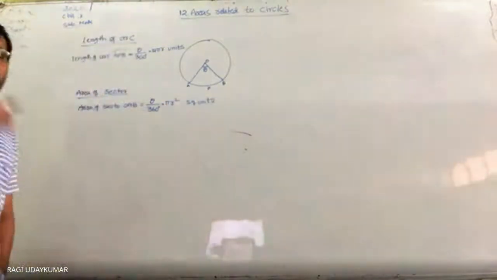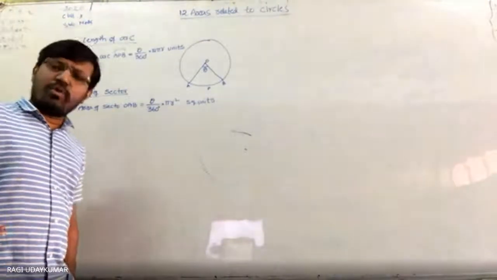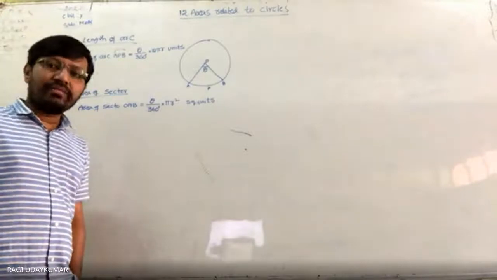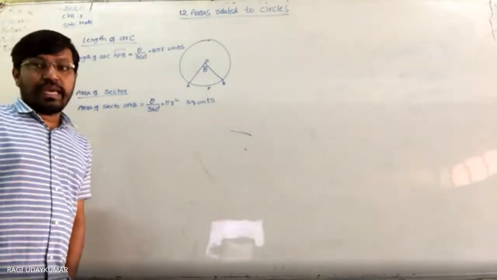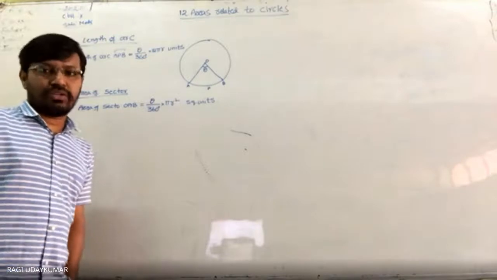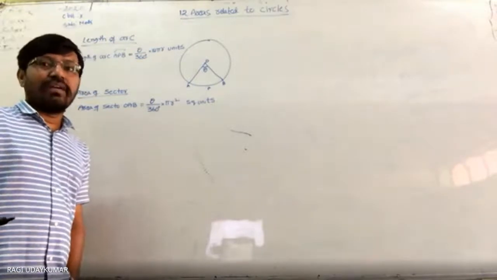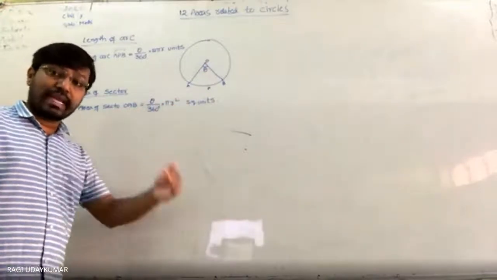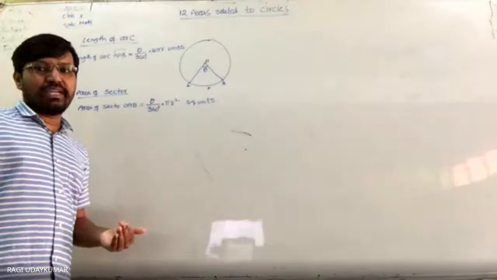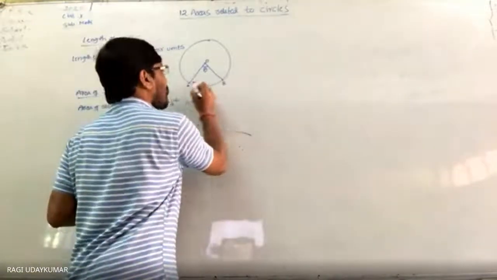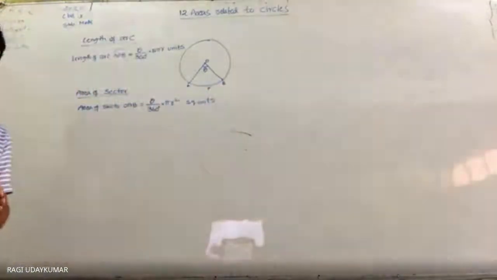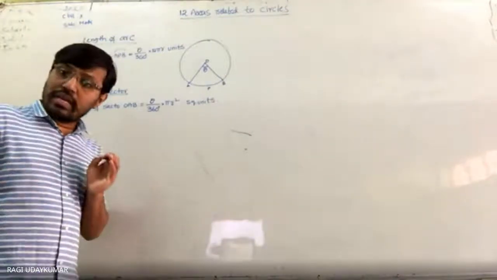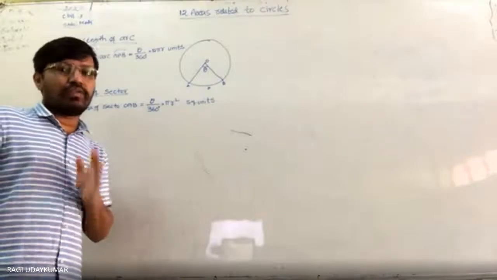Based on this, we are going to have the next 2 exercises, mostly based on this only. Along with this, you need to know some basics: the area of the triangle formula, and the area of the equilateral triangle formula. So let us recall that also, because whenever you are going to find the sector area, it is not required. But whenever you are going to find the segment area, what is meant by segment here? If you draw a chord here, okay, let us go for only the sector part, which is in the 12.2 exercise. 12.2 exercise में only sector part is given to you. So that only we are going to take into consideration.